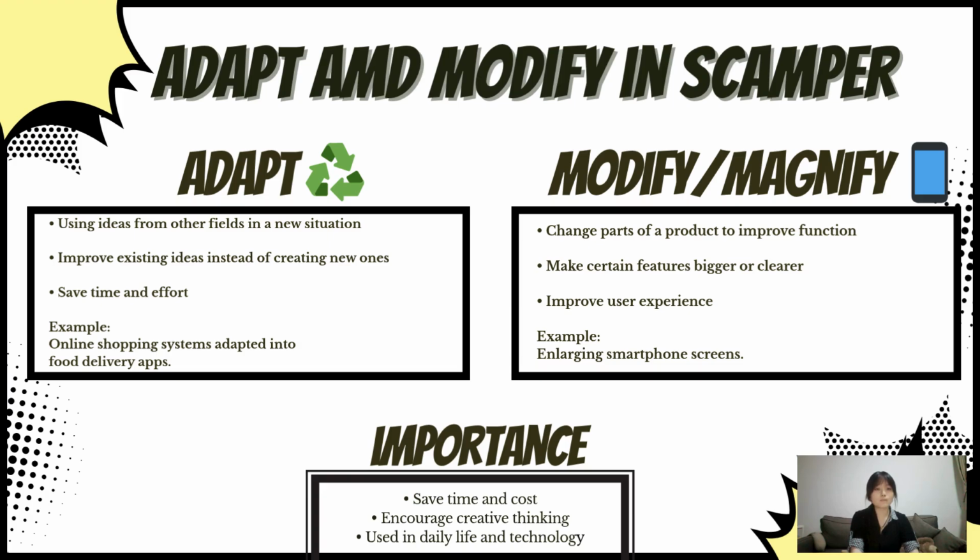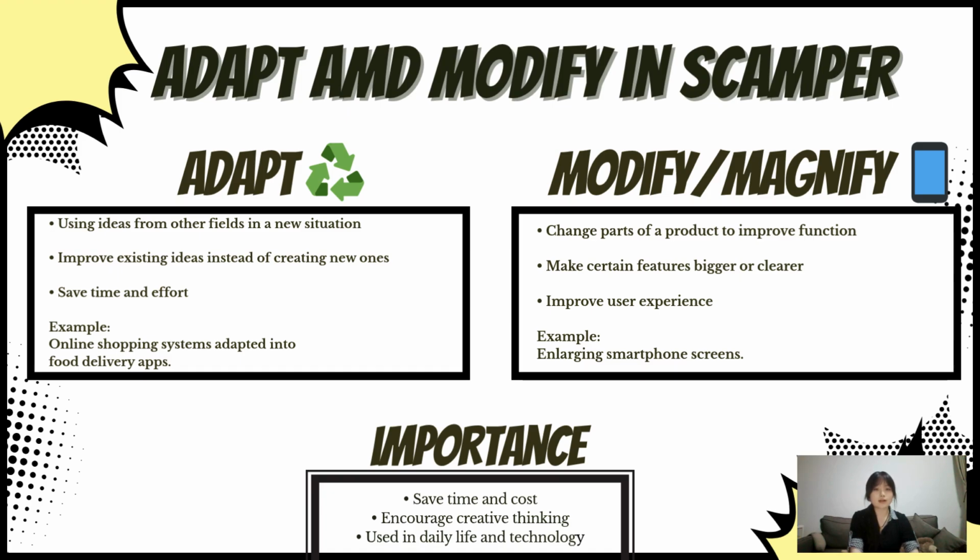Many successful products today are actually improved versions of earlier designs. A good example of modify can be seen in smartphones. In the past, mobile phones had very small screens and limited functions. People may use them for calling or sending text messages. Over time, companies modify smartphones by enlarging the screen size, improving the camera quality, and increasing battery life. These changes make smartphones more useful for many purposes, such as study, watching videos, playing games, and communicating with